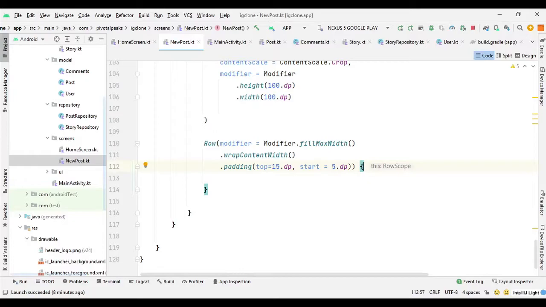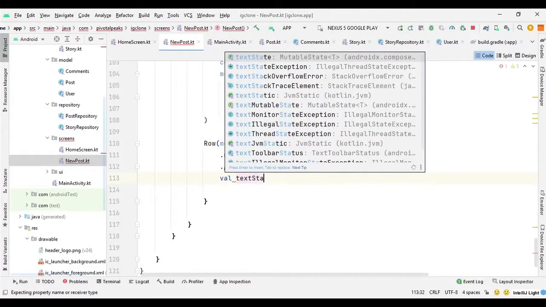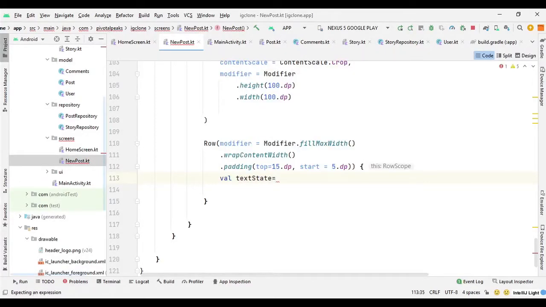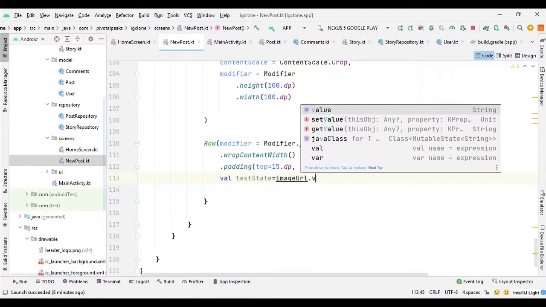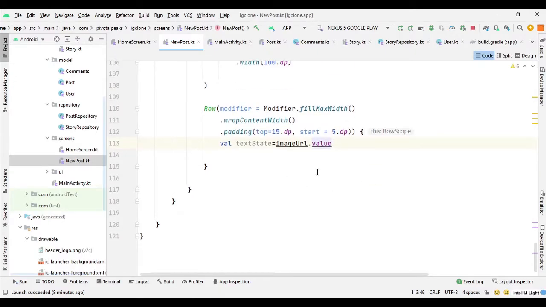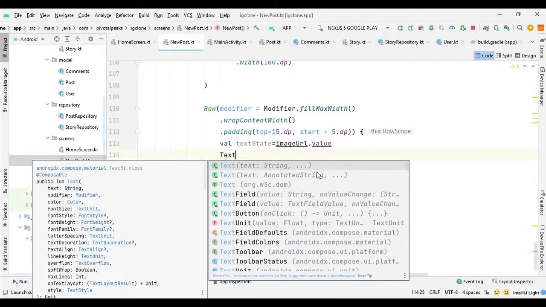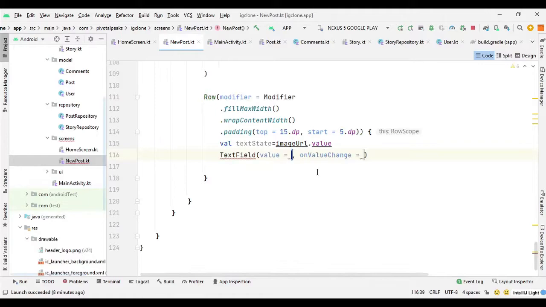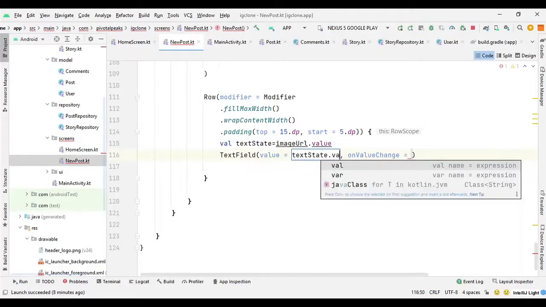And let's declare a value here, and we can call it text state, and then we can pass the image URL dot value, so we can actually make it final. And after that we can say text field, and for value we can say text state. We don't need to call the value.